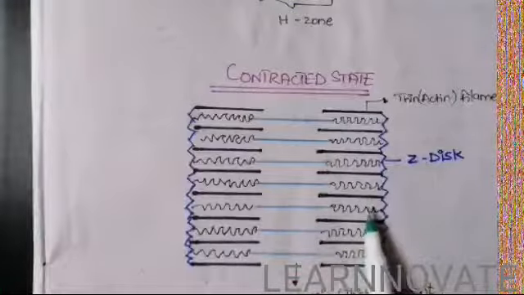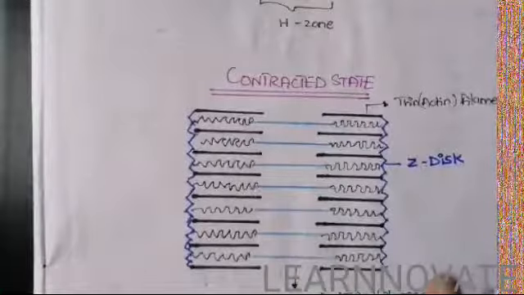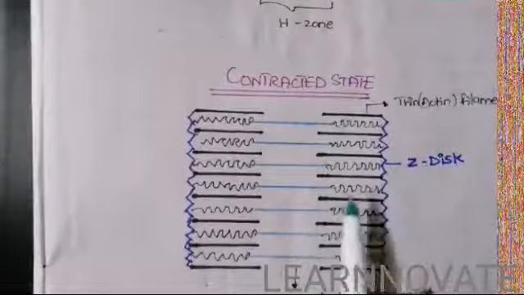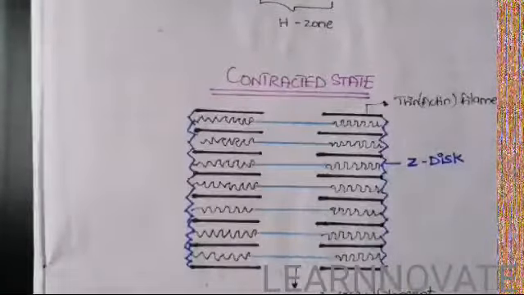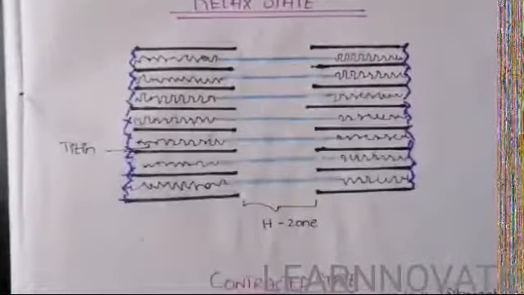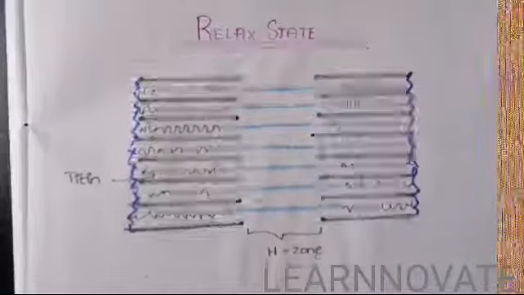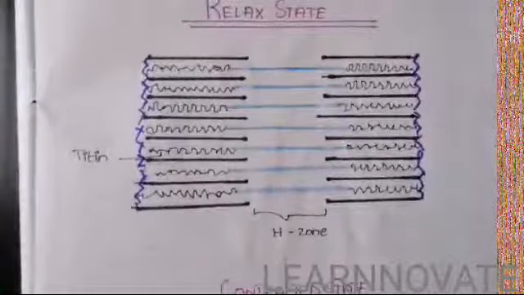So this is the contracted state, in which there is a contraction of the muscle because of the increased amount of calcium ion, and after the calcium ion has been pumped back into the sarcoplasmic reticulum, there will again be relaxation of the muscle. In this way contraction and relaxation are maintained through the mechanism of muscle contraction. So this was the general explanation about the mechanism of muscle contraction and how the contracted and relaxed states occur in the muscle.